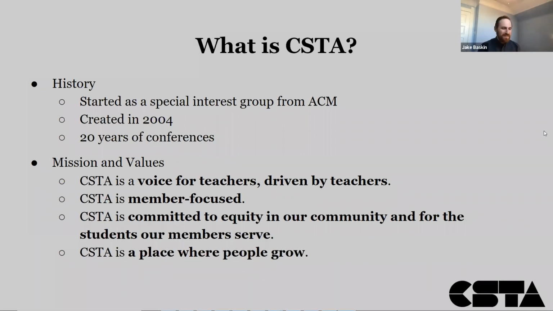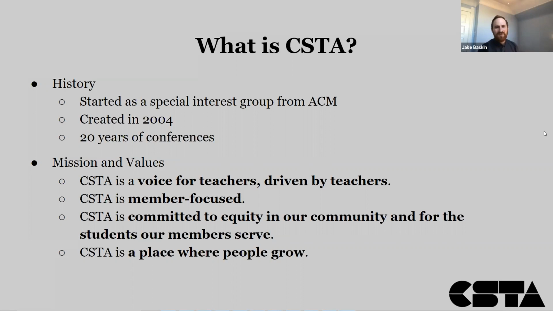Why I'm so excited about CSTA, and why I came into this role about 3 years ago now, is because of the power of community that CSTA can bring together. In my experience teaching, I was often the only computer science teacher in my building and did not have the peers to turn to that many of my other colleagues would be able to do in other departments. And what I think is so important is that we're an organization that creates space for computer science teachers to learn with and from each other.